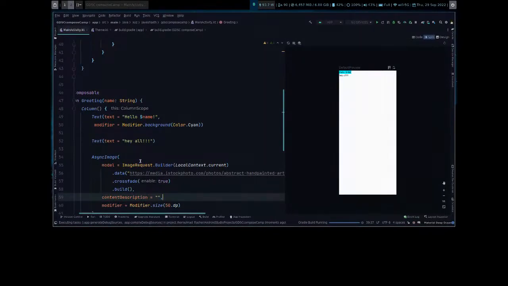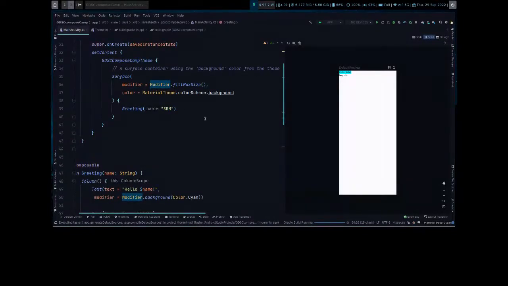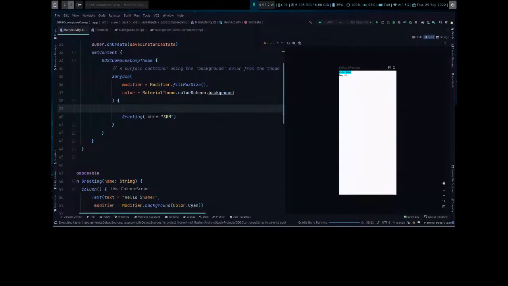It's using a modifier to reduce the size of the image so that it doesn't take up all of the screen. Once it's finished, we can continue.